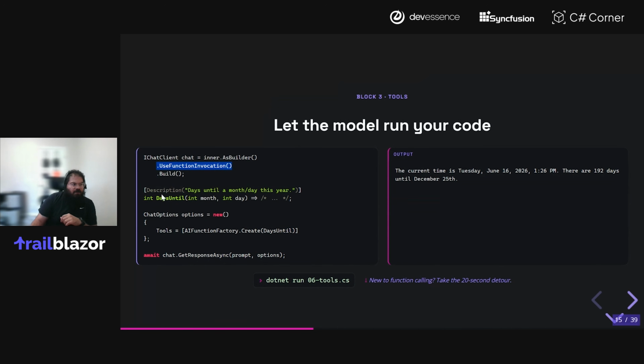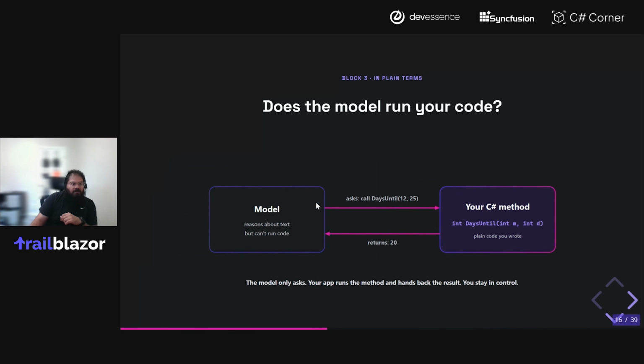If you remember correctly, you needed the month and the day. So it'll parse through your query, then map it to the parameters. Then it does an invocation of your C# method using the right parameters, your code outputs a response, and the response is sent back to the model, which then uses it to generate the response for you.